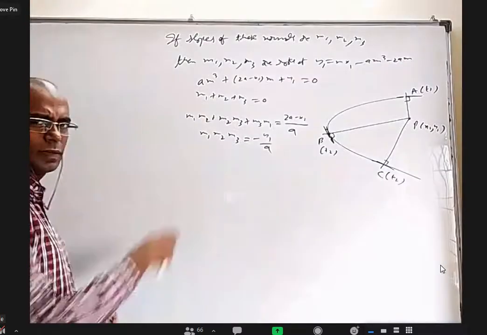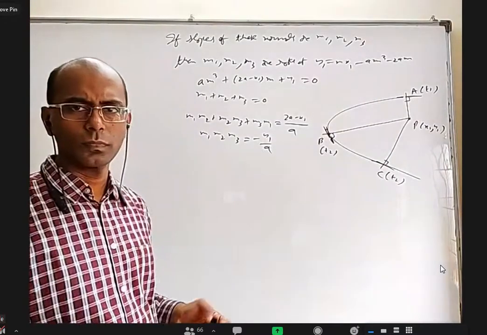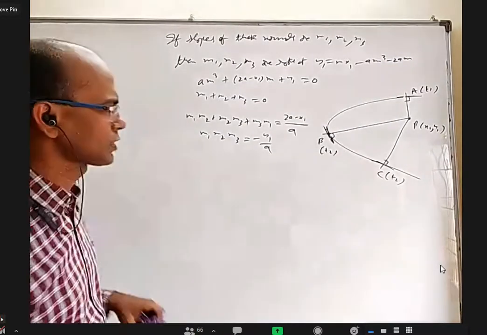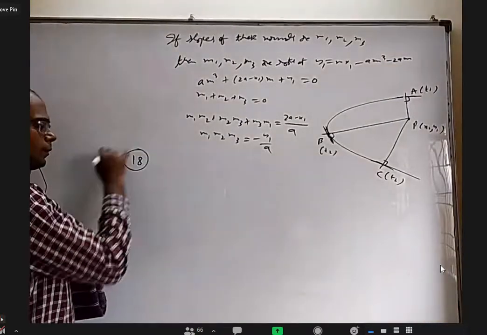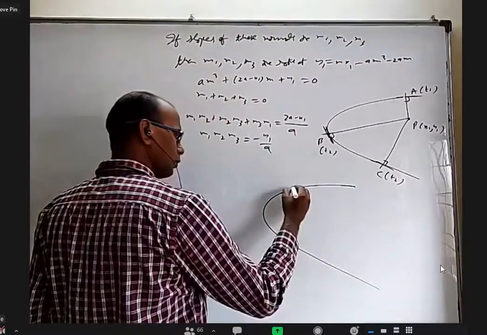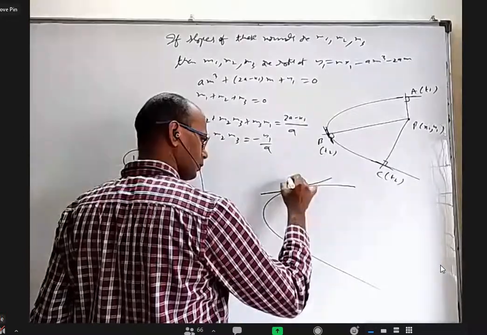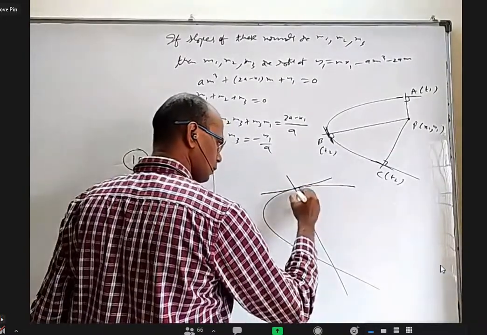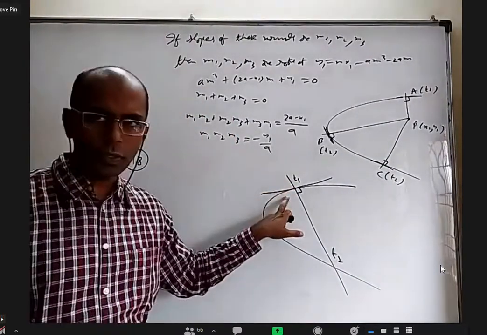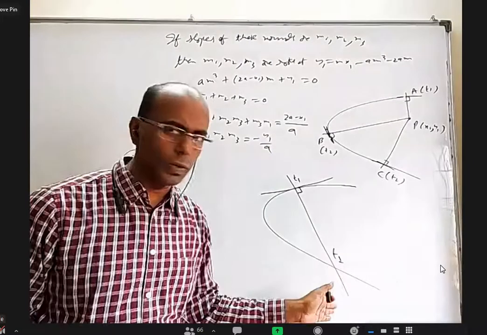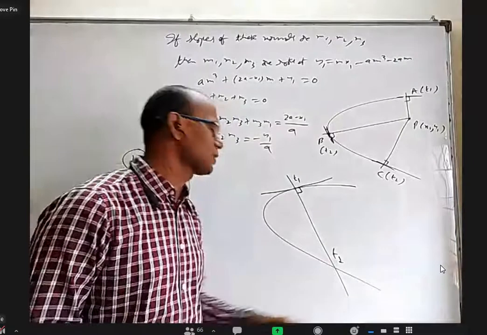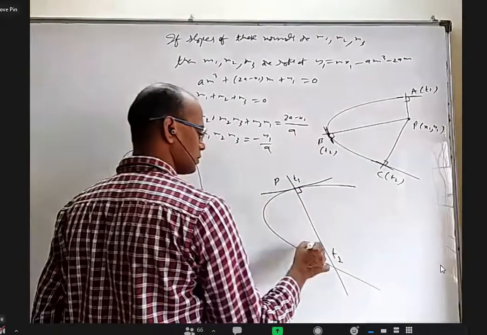Okay. What is the previous number we covered? 17, sir. 17 is done. So now I have to discuss 18. Okay. You take any point on the parabola other than the vertex. If you draw a normal, it will intersect the parabola again at another point. So I want to know what that is. So this is P. Let us say this is Q.